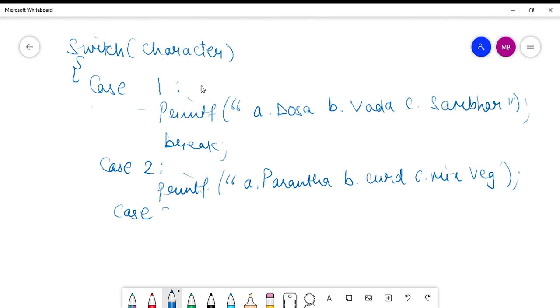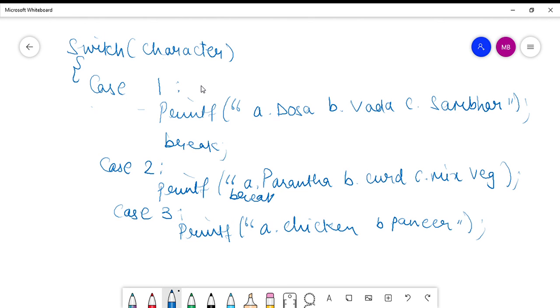Then case 3. That means the user has asked for Mughlai. So you say Mughlai chicken or Mughlai paneer. These are the options that the user has for this. Again, in case of case 2, you give a break to come out of that case, then a break to come out of this case.